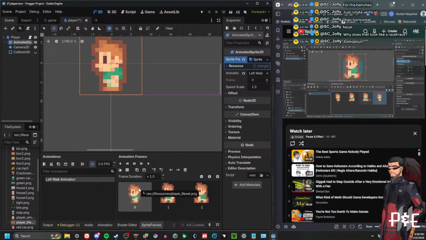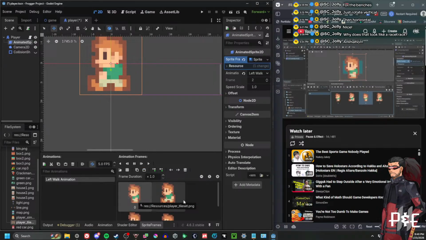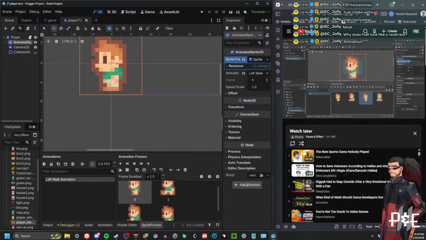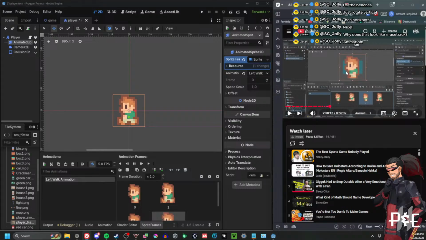And to move this frame, you can either move it in the right position,